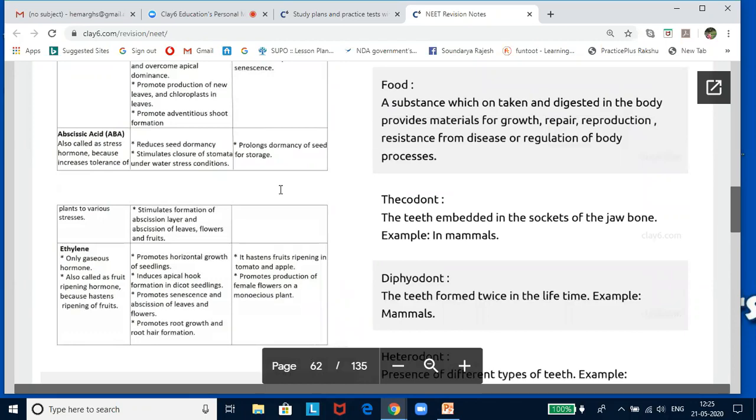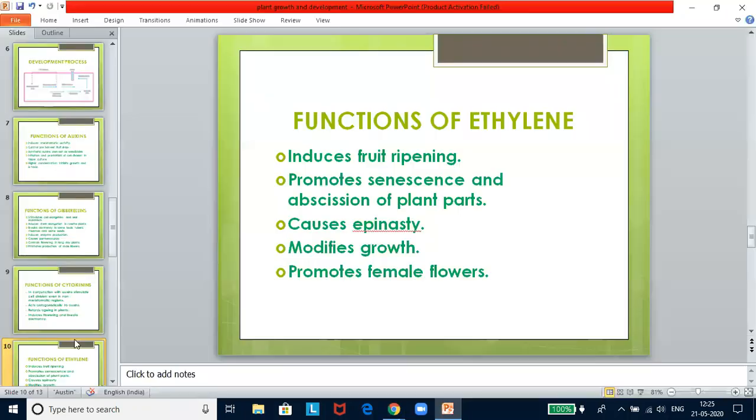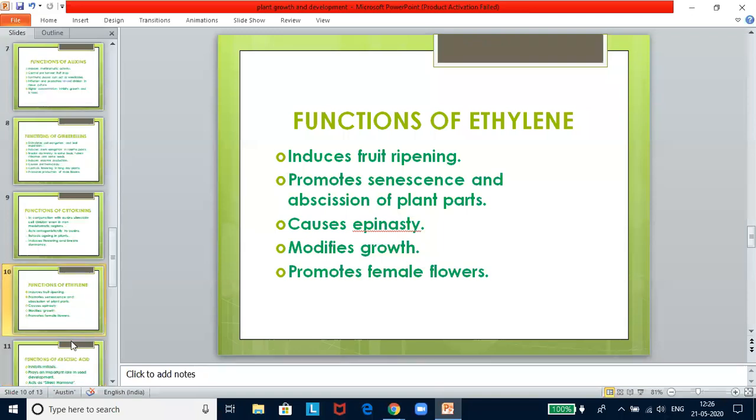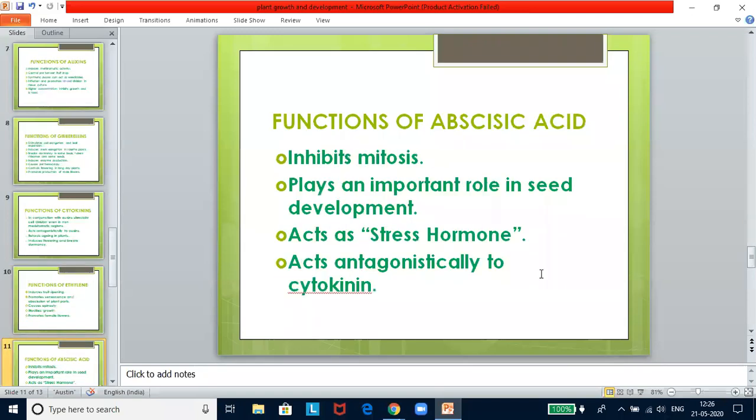Abscisic acid is a naturally occurring growth inhibitor. Now, what are the functions of abscisic acid? Abscisic acid inhibits mitosis in vascular cambium and causes active axillary buds to become dormant with the approach of winter. It also inhibits growth of excised embryos, and plays a major role in seed development and maturation, and desiccation. Desiccation means getting dried up and becoming dormant.